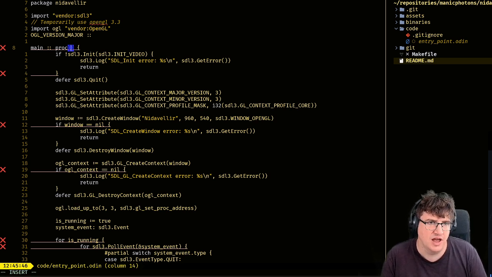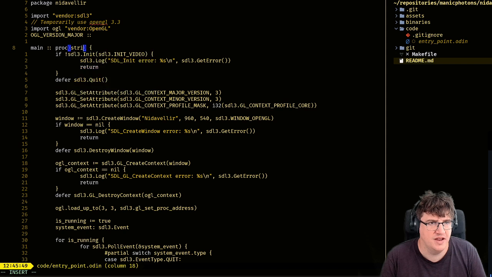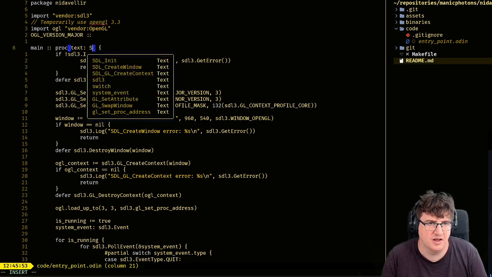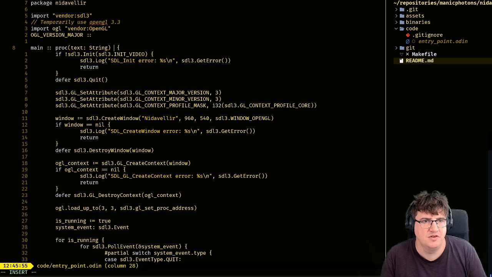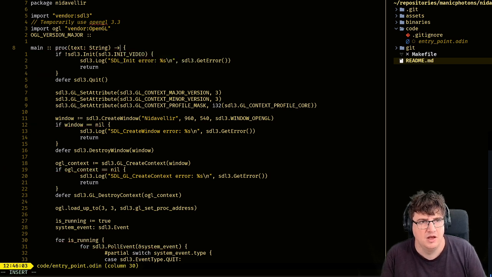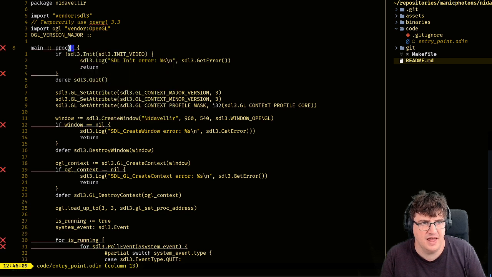If it took a string, it would look something like this, and if it returned, say, a Boolean, then you would do something like that. Okay, but our main takes nothing, returns nothing. Don't need anything there. Done.